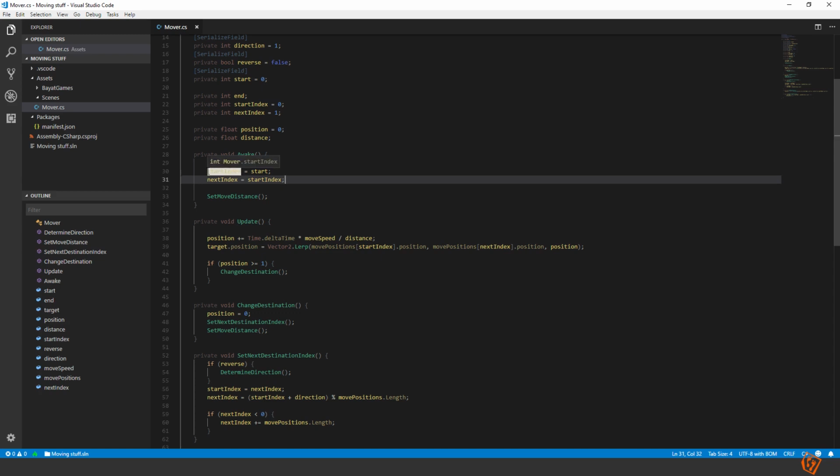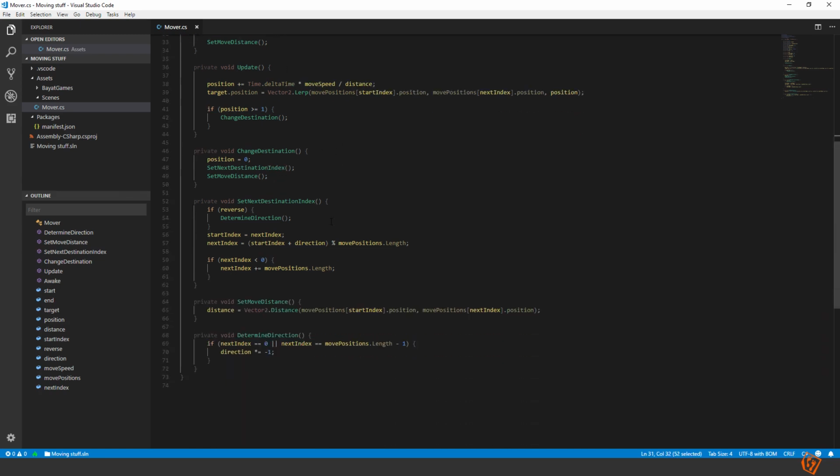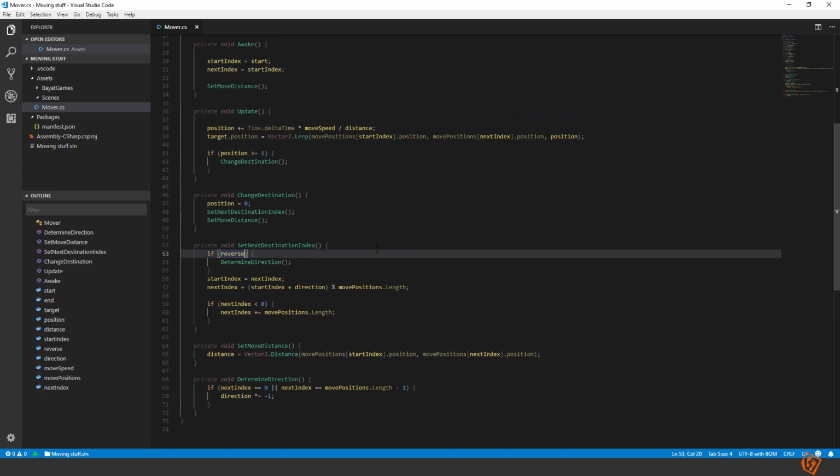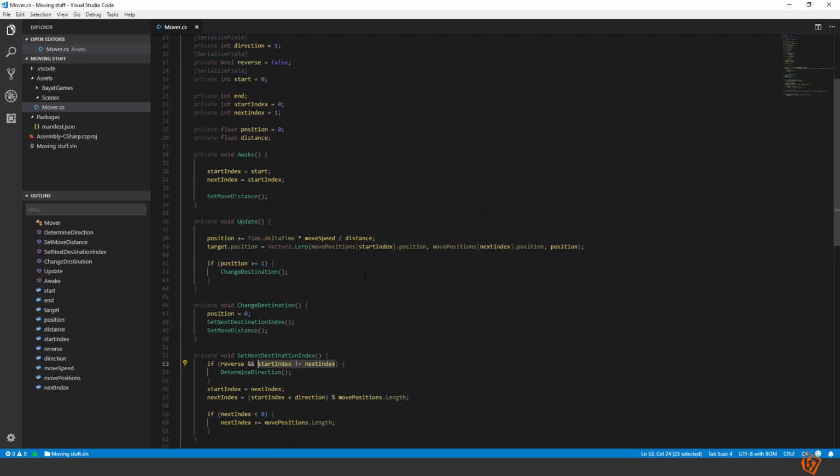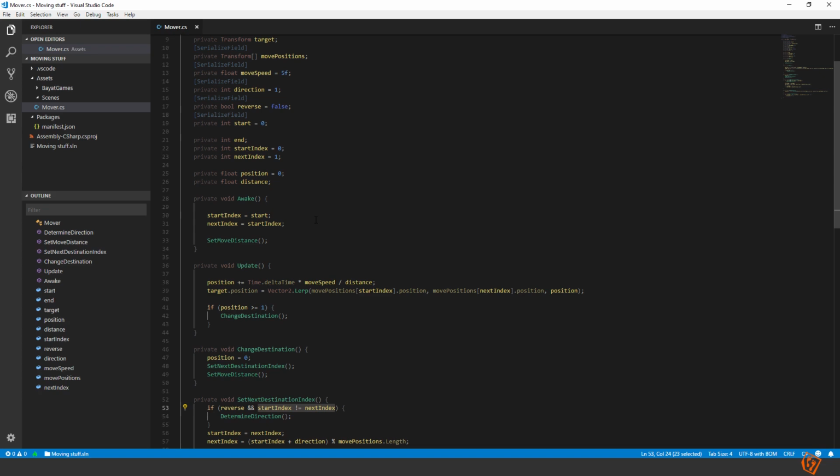Now when we have done this, we need to change something down here, just so that we remember it. In this check for reverse, we also need to check that the start index is not equal to the next index. This is only true the first time. If we don't check this, then the reverse will happen immediately instead of going around a lap first and then starting. Okay, so now that that's fixed,